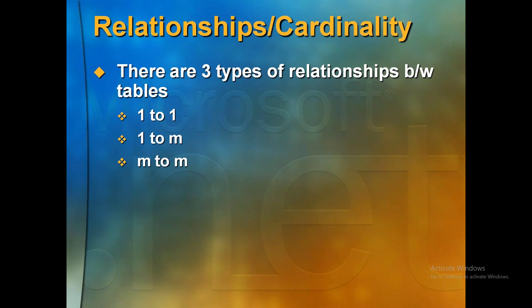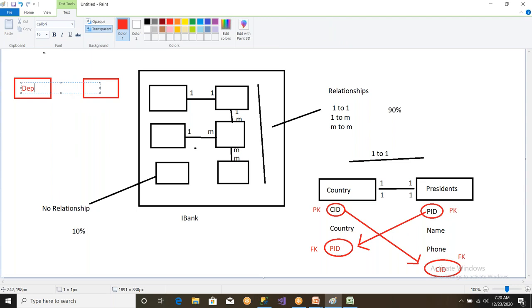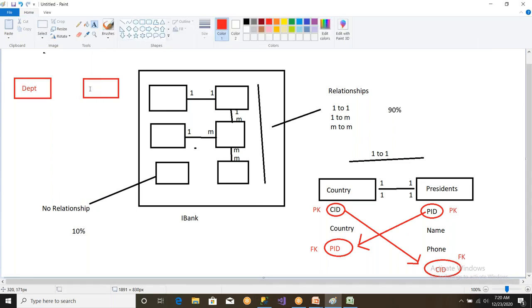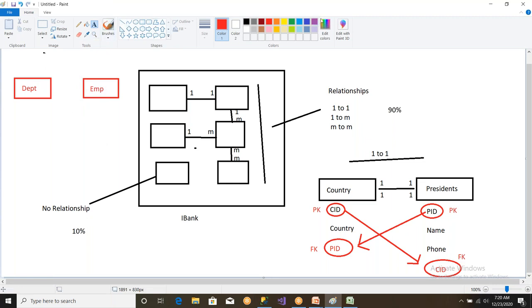When I take the one to many relationship, how is it going to work and what are the things we need to understand here? If we're talking about one to many relationship, let us take one example. I have a table called department table, and there is a table called employee table. So one department will have a lot of